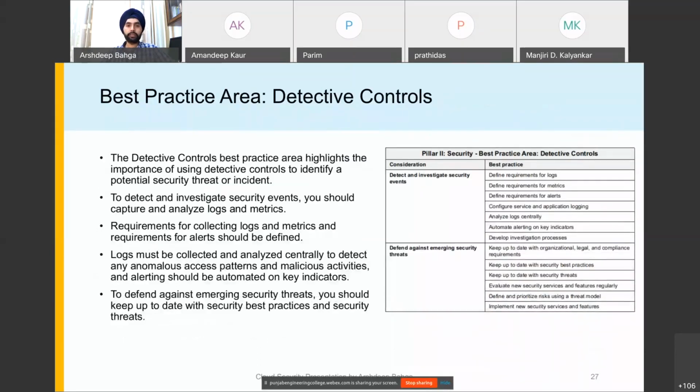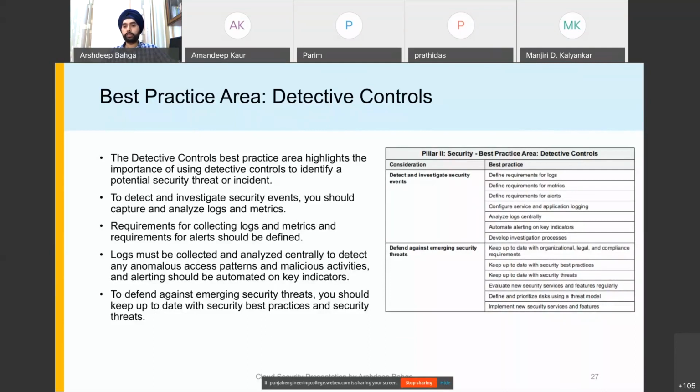Next, we have the best practice area of detective controls. This area highlights the importance of using detective controls to identify any potential threats or incidents which can happen. To detect and investigate security events, we should define requirements for logs, metrics, and alerts.